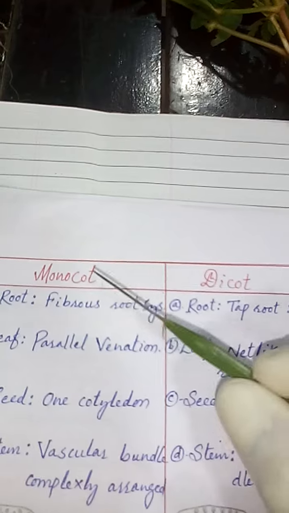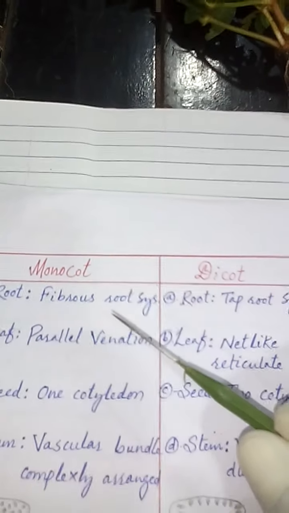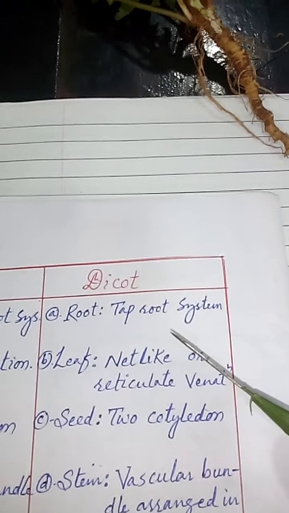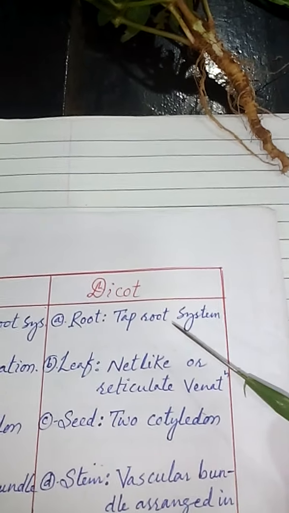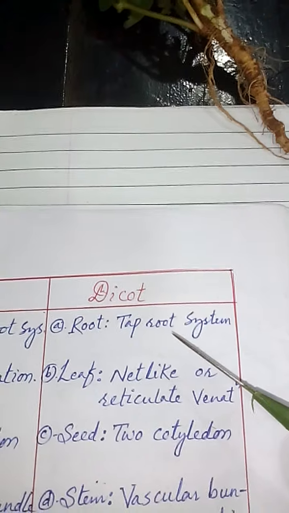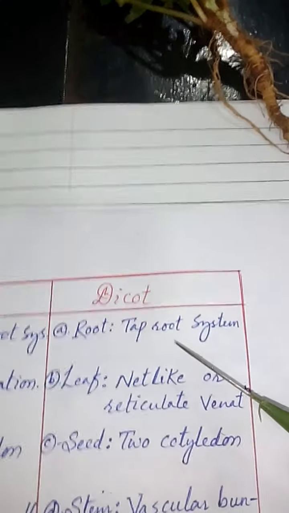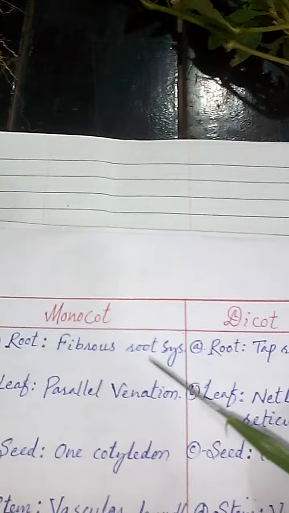The fibrous root system of the monocot shows different fiber-like structures in the roots, and in the dicotyledonous plant the taproot system is there, which means there is one main root, and from that main root some other branches arise, which are known as secondary roots, tertiary roots, and thereafter. So these two types of roots are,